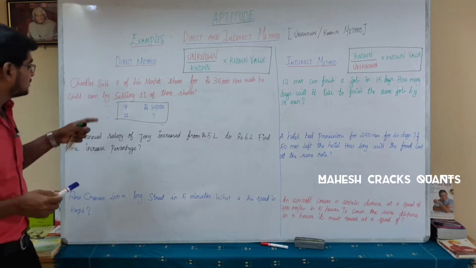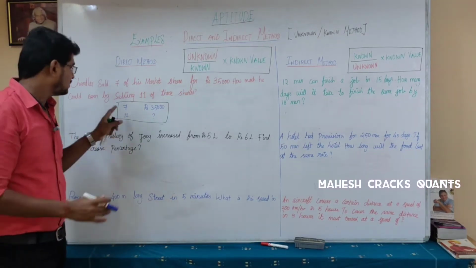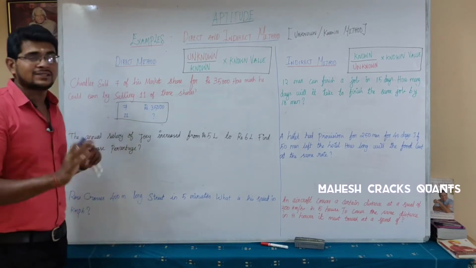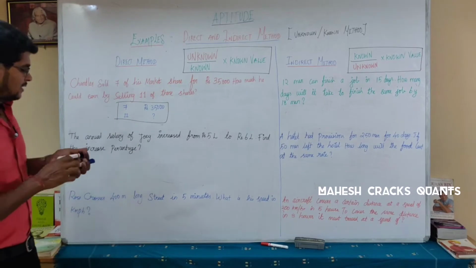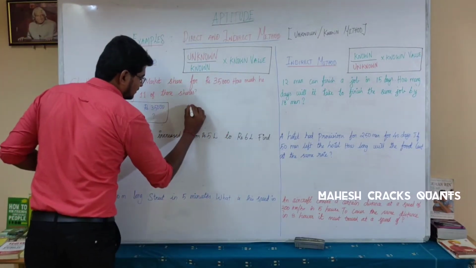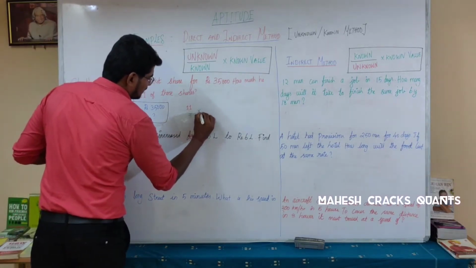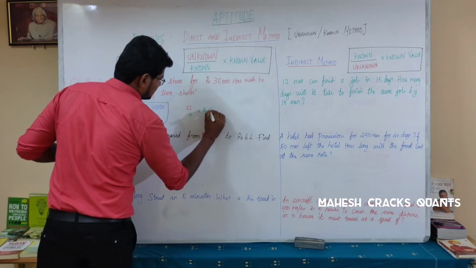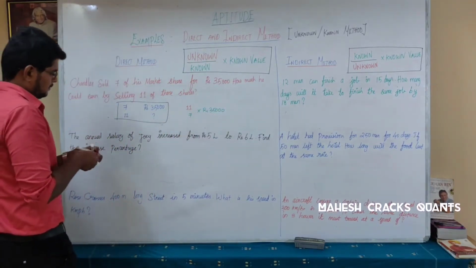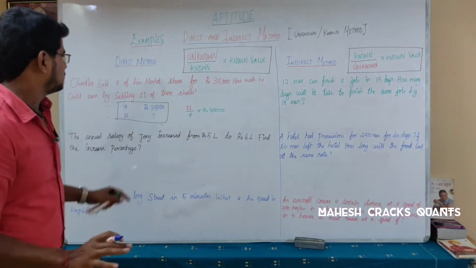So the known value is 7. 11 is the unknown value. Clearly we know the 7 shares cost rupees 35,000. The rupees for 11 shares is what we are going to find. So unknown value, which is 11, over known value, which is 7, times the equivalent of known, 35,000. By solving this, you will get the answer. Very simple, don't get confused.